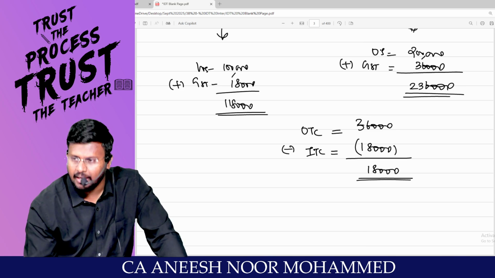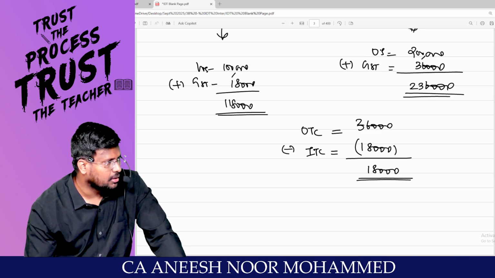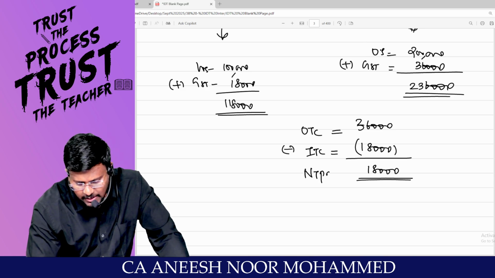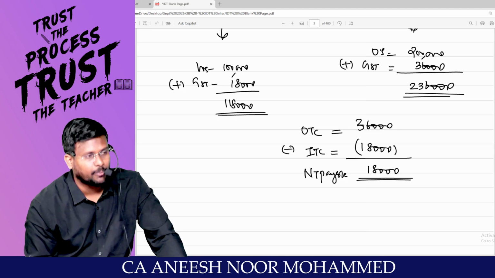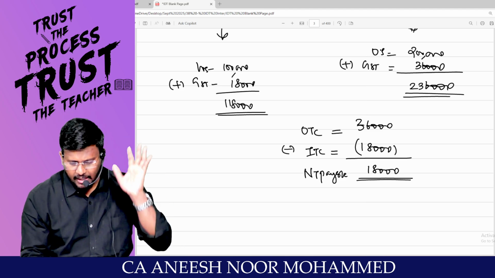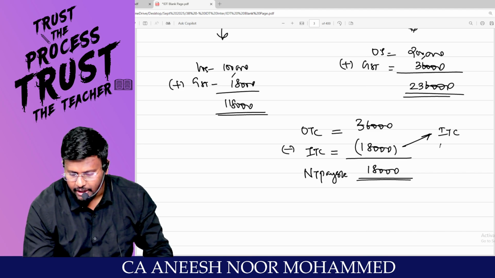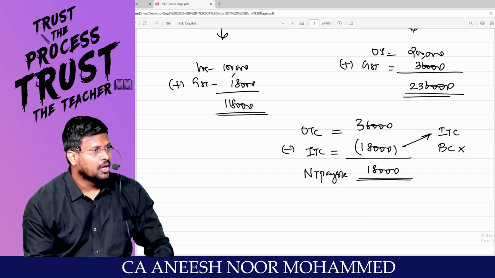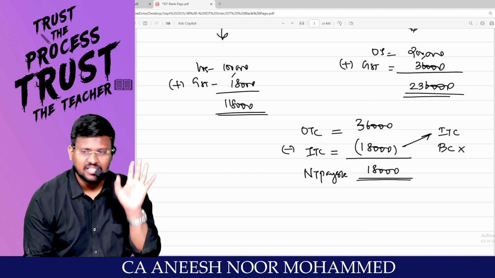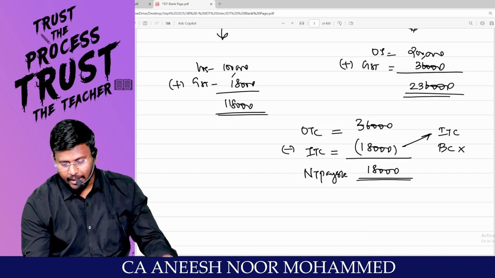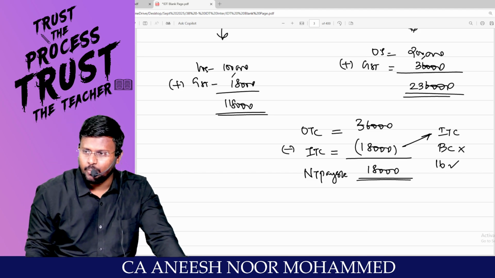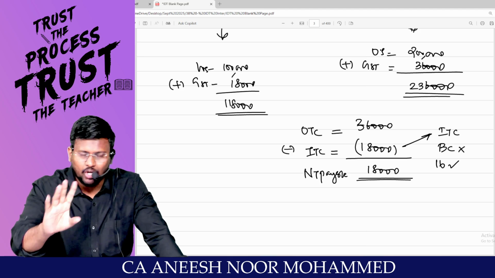18,000 is the net tax payable to the government. Correct? Sir, in order to take this 18,000 as ITC, it should not be a what credit? Blocked credit, as per section 17. Correct? And you should satisfy the basic conditions which are stipulated in the section, because that is the basic section